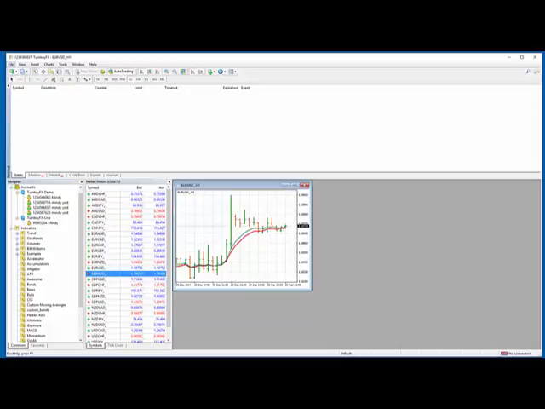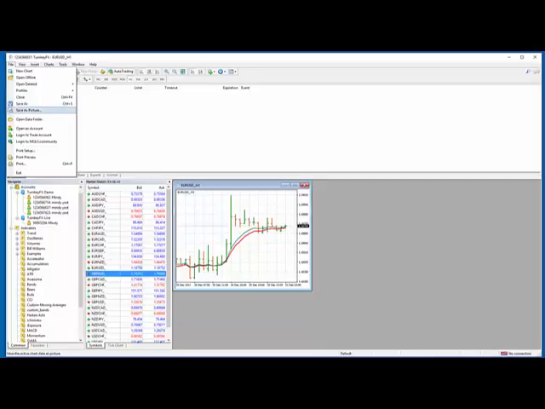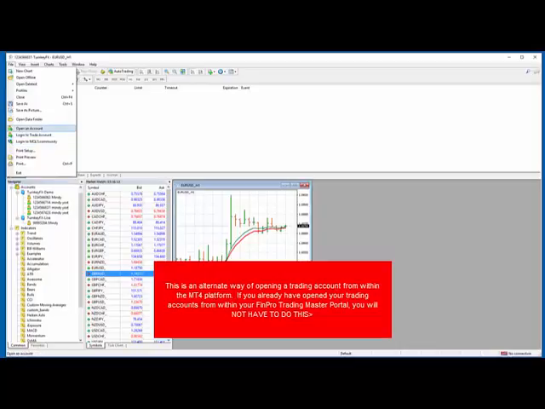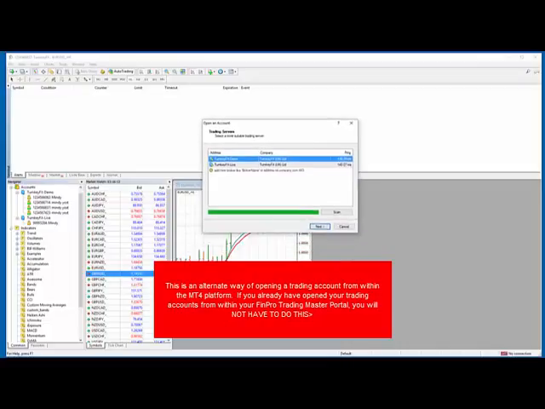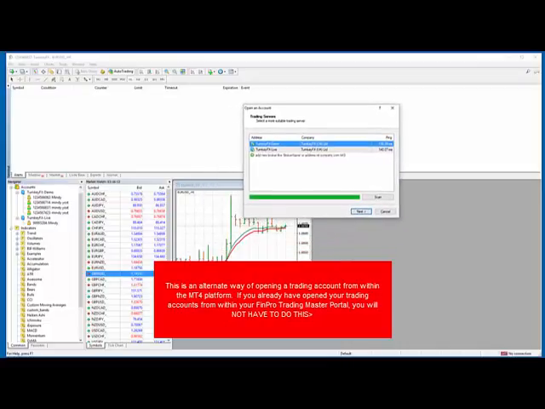So what we're going to do is go up to the word file in the MetaTrader program, go down, and tell it to open an account. The first thing we're going to do is open a demo account. So you want to click on where it says Turnkey FX Demo. Okay, the FinPro Trading,